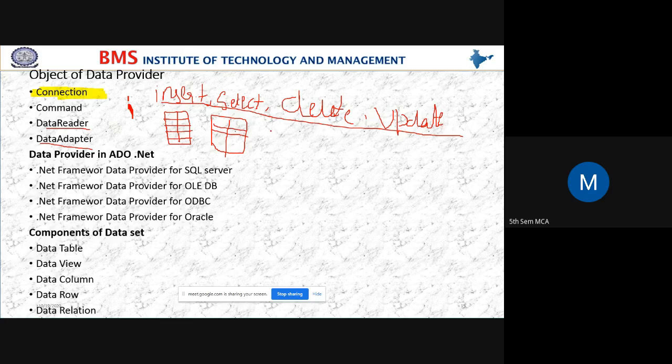Yes, students, when we do part B program, you will get a clear idea. See, using an insert command, I am inserting some data into the database. Correct, no? So just now I gave you the example of a registration form. If I enter one student's data, then I'll go to the database and check whether the data is inserted or not. If I enter second data, third data, if I enter hundreds of data, then 100 times I cannot go to the backend, I cannot go to the database and check, no.